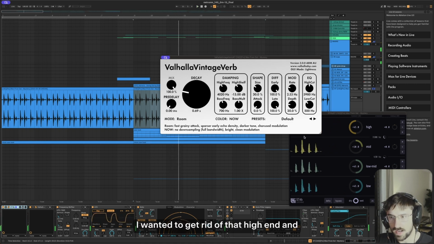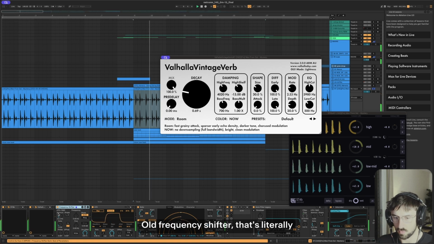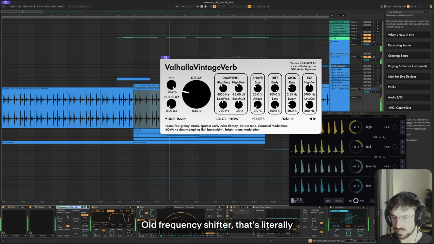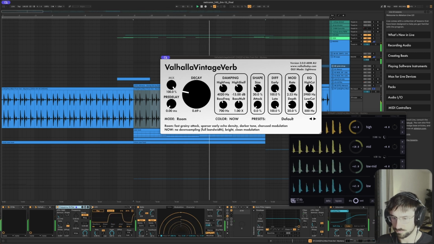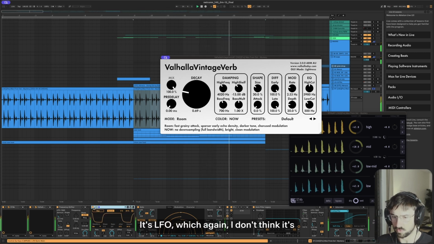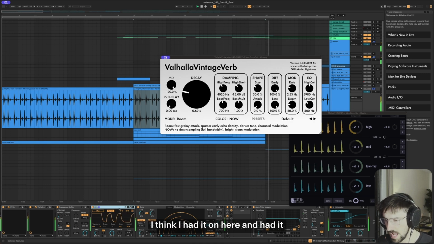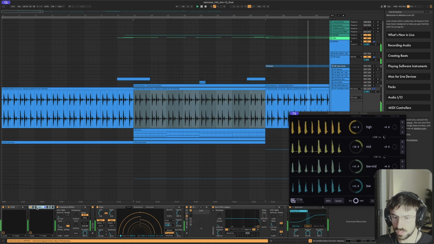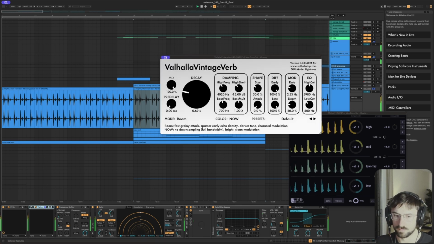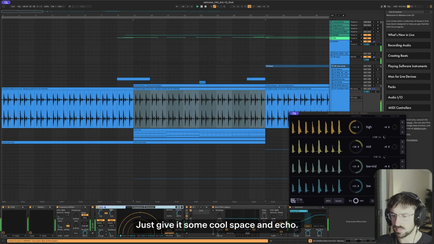I wanted to get rid of that high end and keep it really smooth. Old frequency shifter, that's not really even doing anything. This LFO, which again I don't think is even doing anything. I think I had it mapped to something eventually, but don't have it anymore. Little Valhalla reverb, just to give it some cool space, an echo,